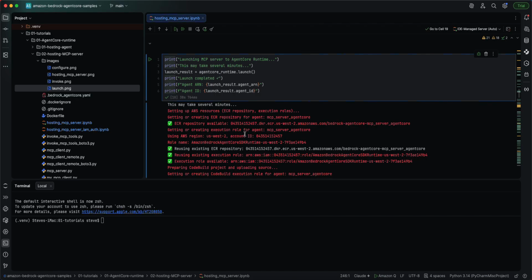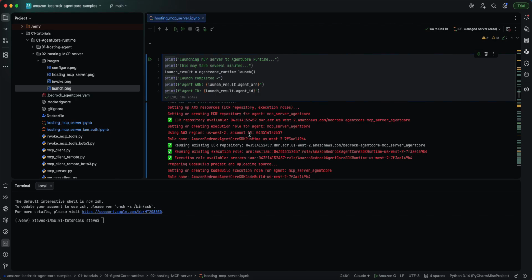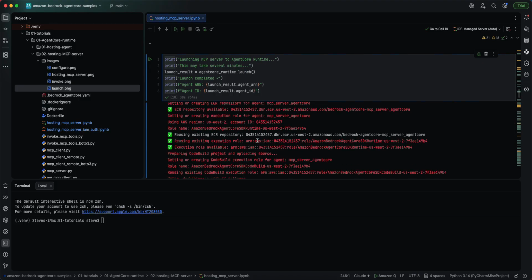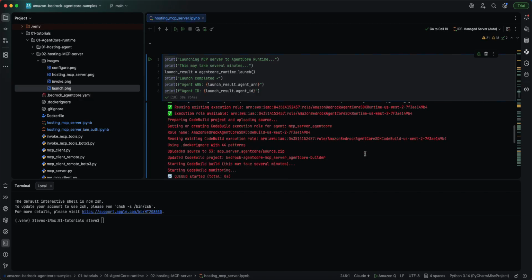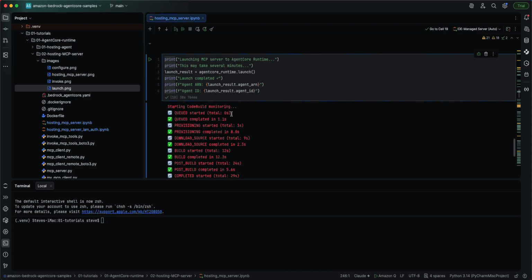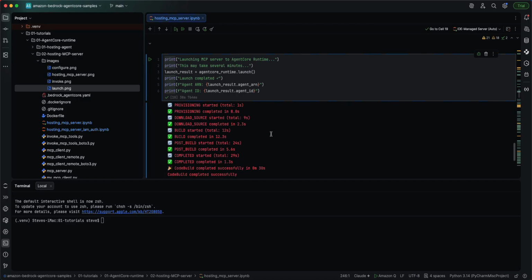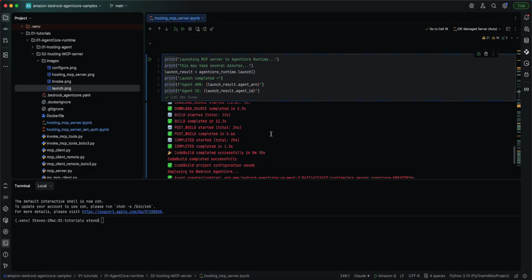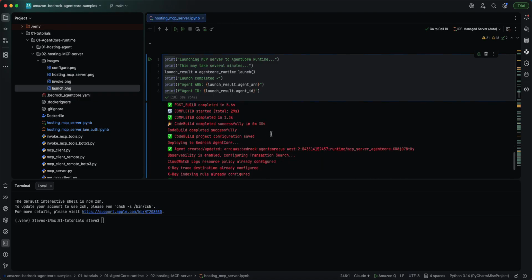Getting and creating execution role, hosting this thing, and it has a role name. It's reusing the ECR repository, reusing the execution role. It's telling me what these things are, and then it gives me this: starting CodeBuild, queued, completed, provisioning, download source, build started, post build, completed,